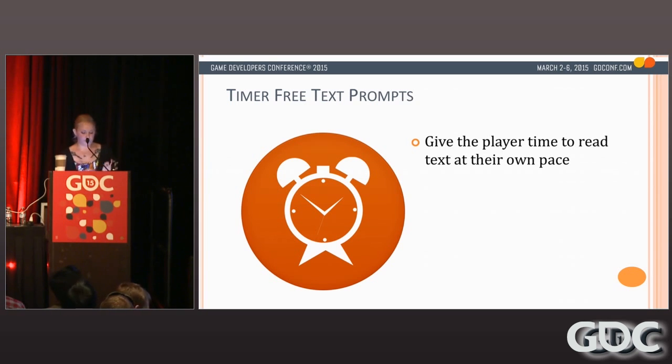Any of those methods remove the requirement for players having a specific reading speed or having to constantly maintain attention at what they're doing. So, and if you feel that having a player step through each individual prompt is maybe a little extreme,